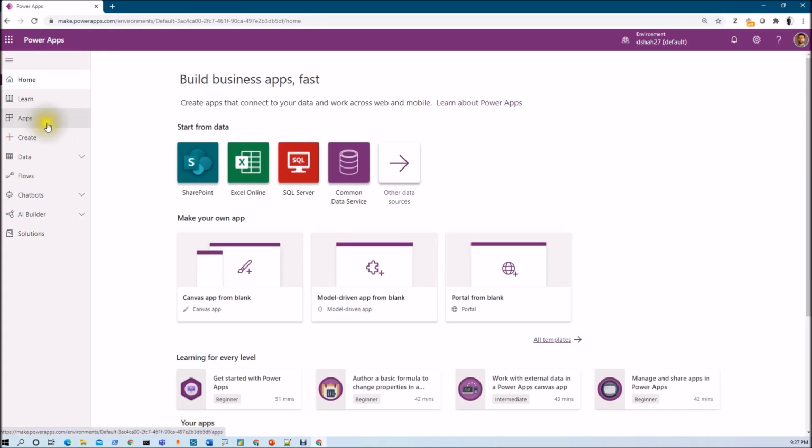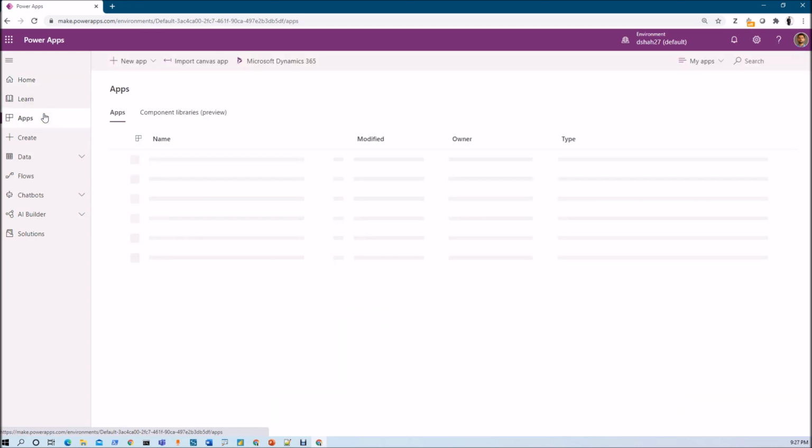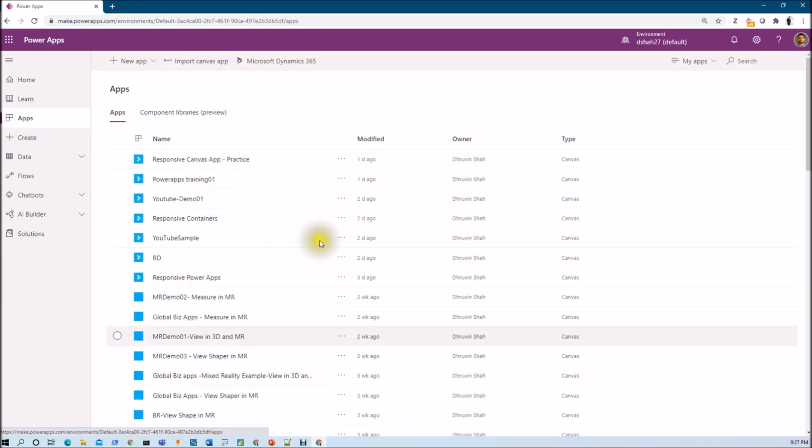So here, whatever Power Apps we create will either be in the default environment or in the environment that you have additionally created. Right? You can directly access all the apps from this particular section when you are going to use web.powerapps.com.